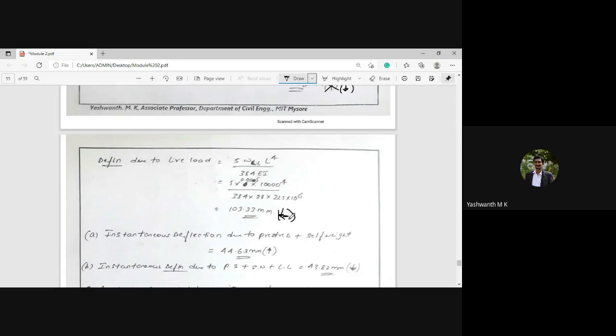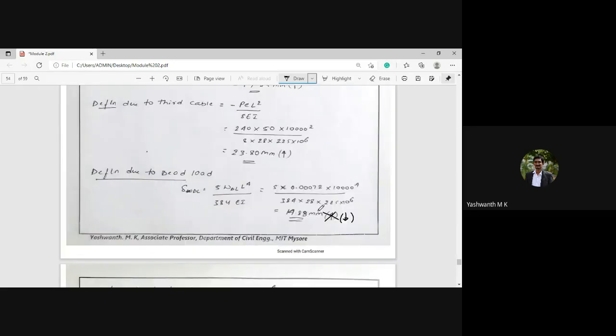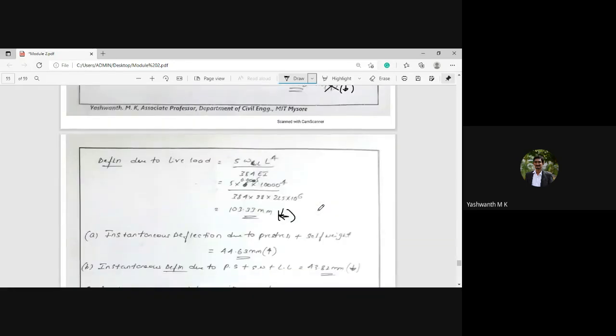Is it clear? So these deflections have been calculated. Now let us go with the conditions. So now, instantaneous deflection due to the pre-stress plus self-weight equals,